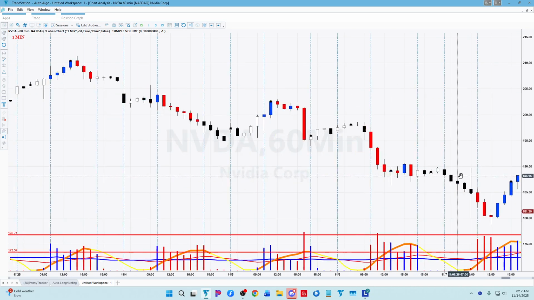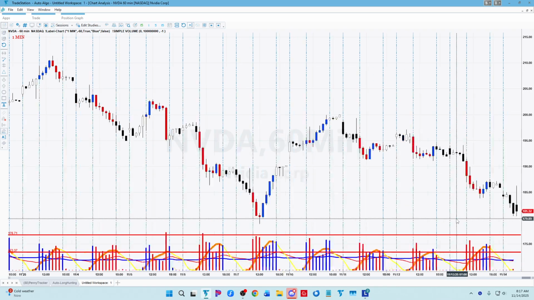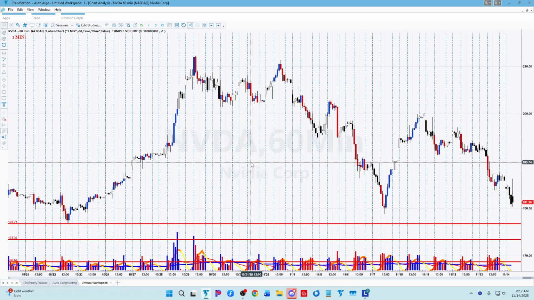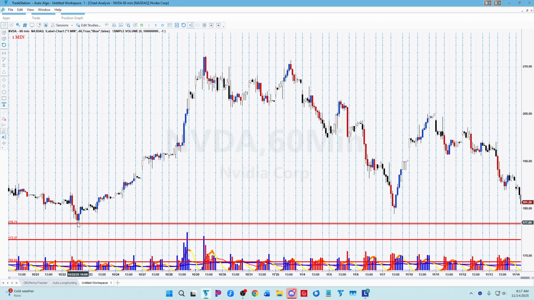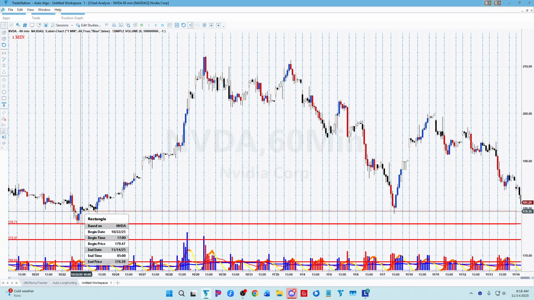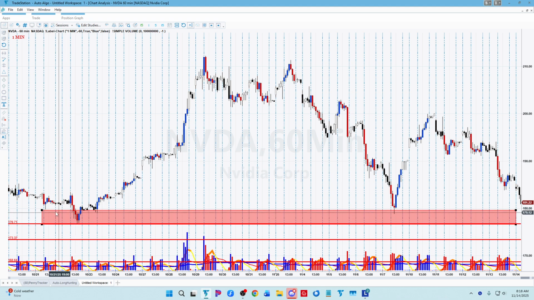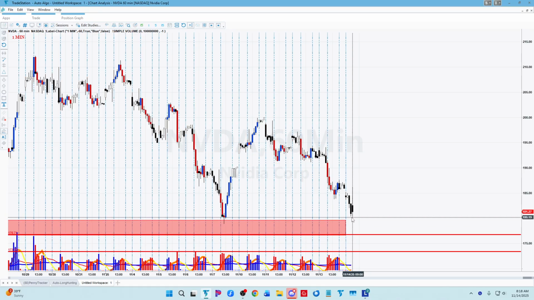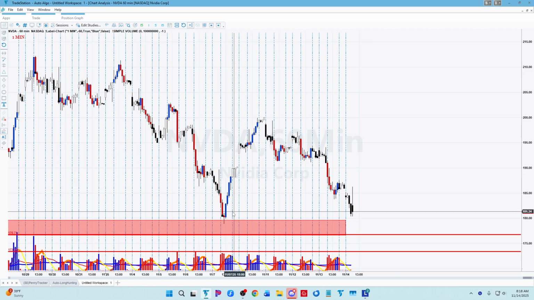I want to know, because we know, if we zoom out here, you see how this price level down here became almost a demand area zone, if you will. From here to here became a zone where this tapped into. And then now today on November 14th it might be tapping as well. But